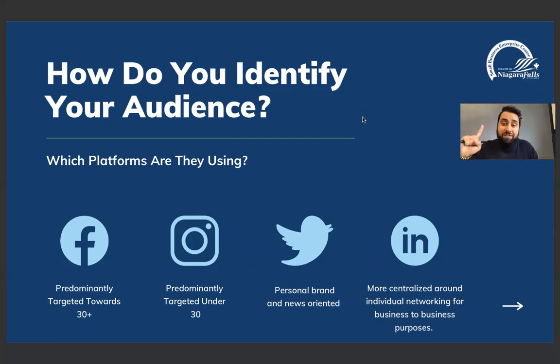Fun fact, TikTok is the fastest growing social media app right now on the planet, and it is expected to surpass Facebook in terms of popularity. I think there's over 1 billion users already, whereas Facebook has been around for years. So let's identify who your ideal audience is and what platforms you should be on. For example, if you know that your ideal client is over 30 years of age, you probably want to be on Facebook. I'm sure everyone's heard the term, oh, Facebook's for old people now. That is not entirely true, because Facebook also owns Instagram.